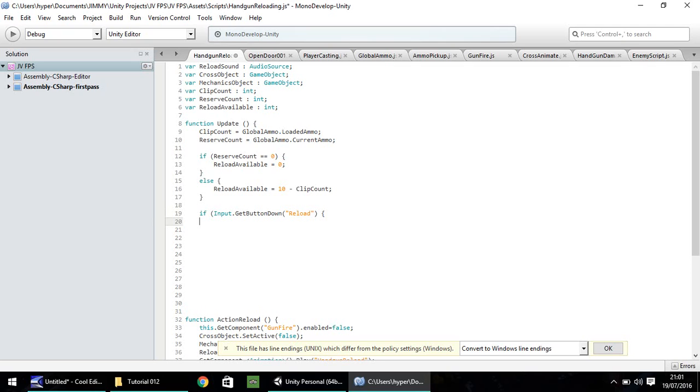So if we are pressing the reload button, in this case the R key, what we're going to need to do now is check if our reload available is equal to or greater than 1. So this is called a nested if statement. There are different ways of creating this kind of statement, but I always find using if statements nested in this way is a lot easier to track because I always try and indent. So I tab here so I can see visually which if statement starts and ends and what code is inside that statement. So as I say, we need to have if reload available